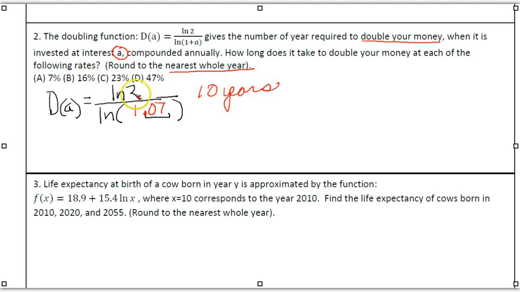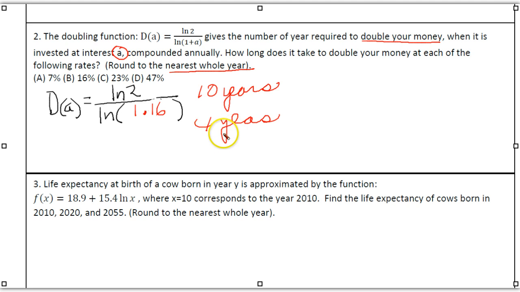Now if we put a 16 there, and just erase that, and this becomes 1.16, our doubling time now is 4 years. Again, rounding it off to the nearest whole year, putting this divided by the natural log of this,